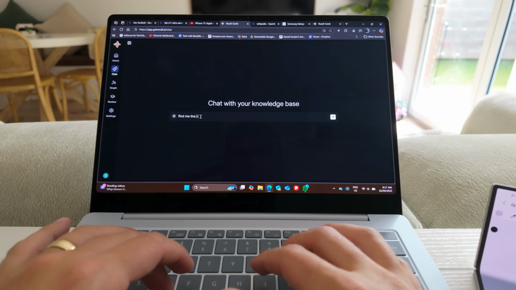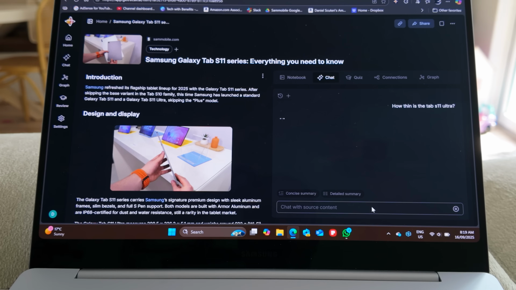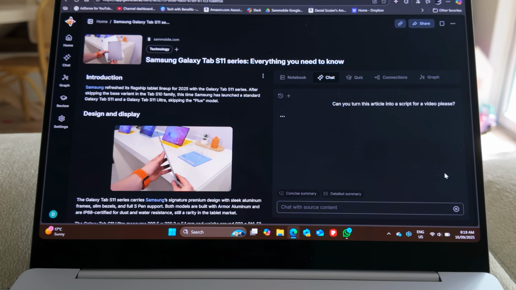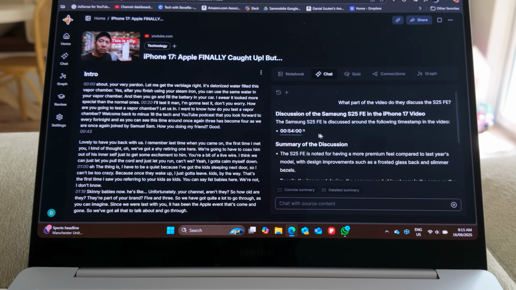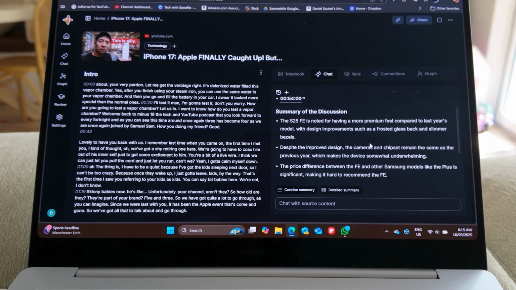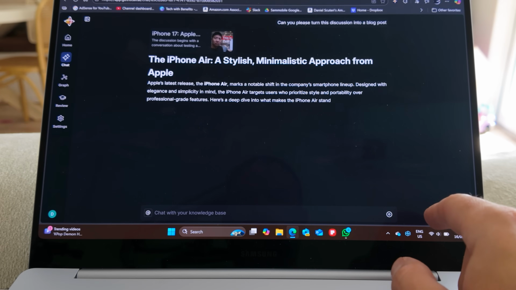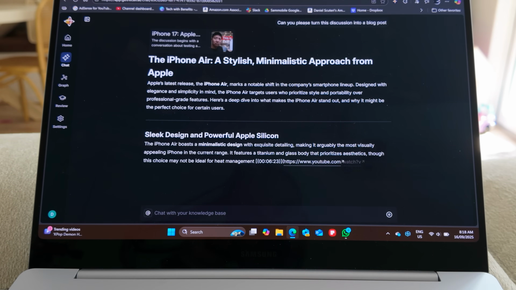You can also chat to it based on your entire content or isolate a specific part of content and chat with it about that. Whether it be wanting to create scripts or summarize a specific podcast, it has that capability. Or if you've got an article that you want to turn into an opinion piece for social media, you can chat with it and extract what you want specifically from that article and turn it into something.